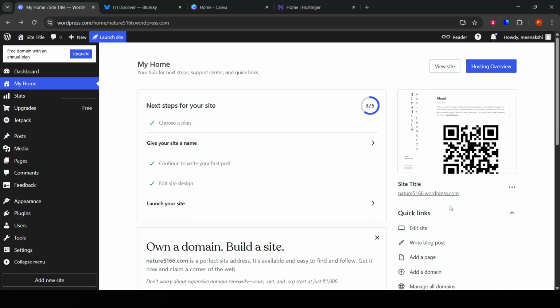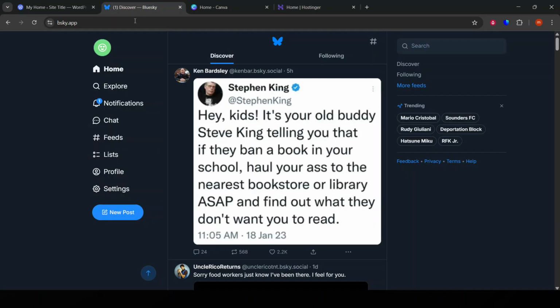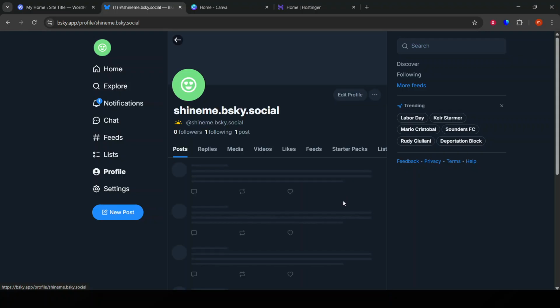To start, the first thing you need to do is log into your Bluesky account. If you haven't created one yet, you should set it up before proceeding with this tutorial. Once you're logged in, navigate to the post you wish to embed. It's important to choose a post that relates well to the topic of your WordPress site to maintain cohesion and